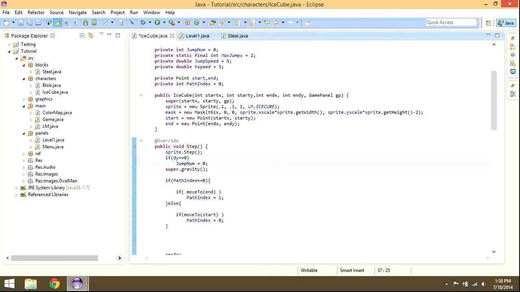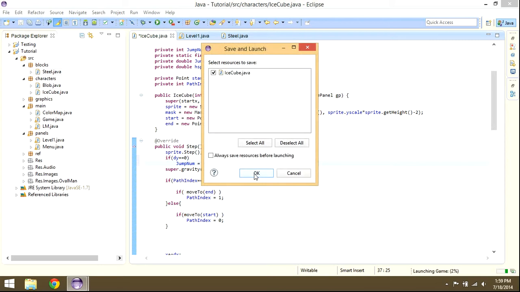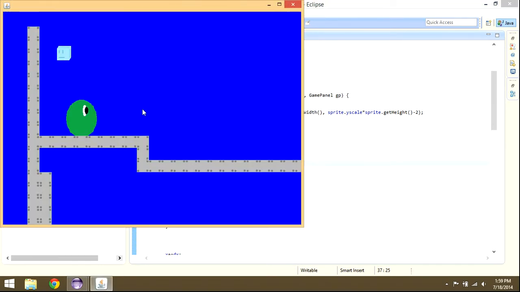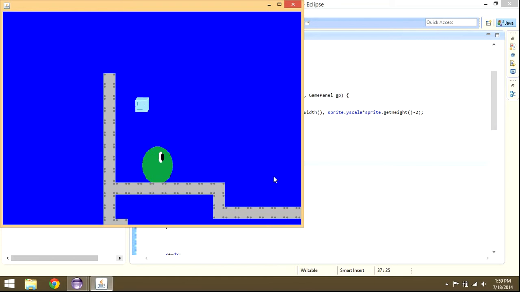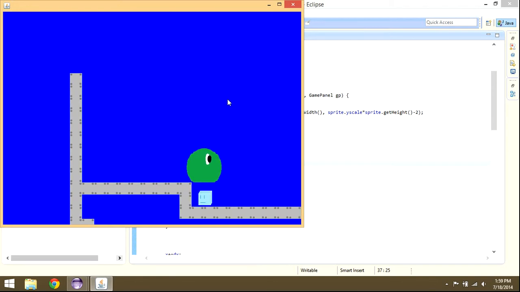And what this means is whenever he stops in the y direction, he can jump again. So let's go ahead and hit run, start. This is a really weird path. Ideally, you would not put it to go this high, but you can see now that it's actually working,